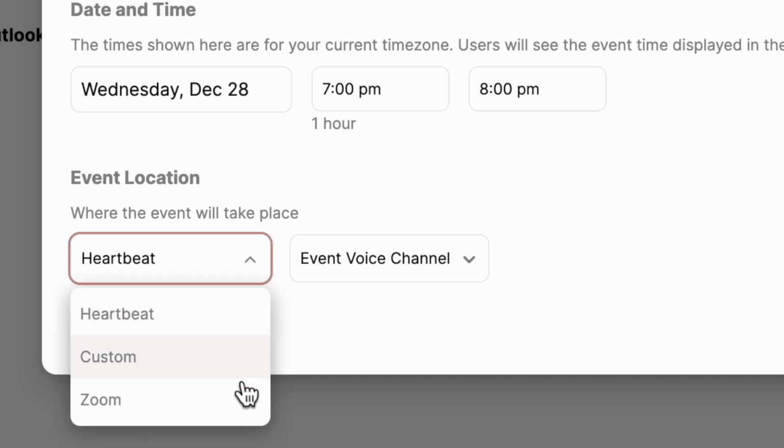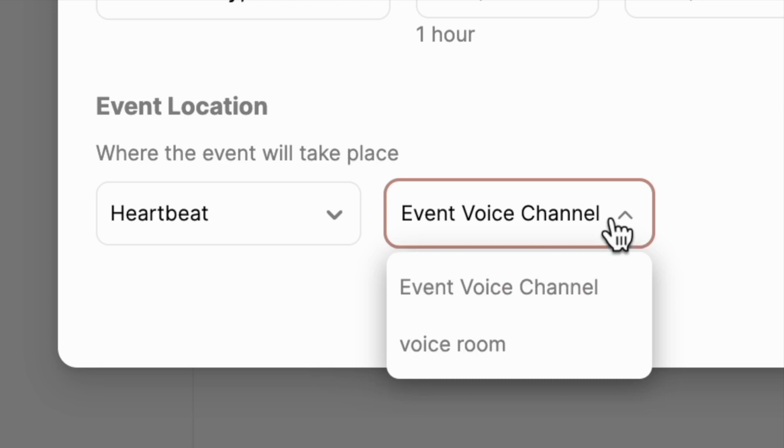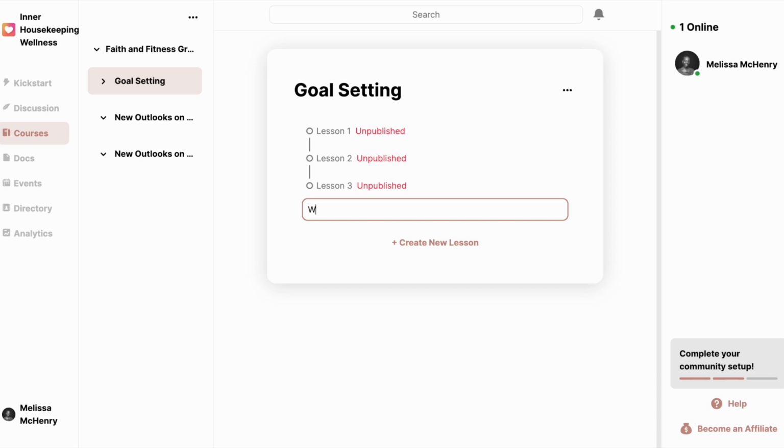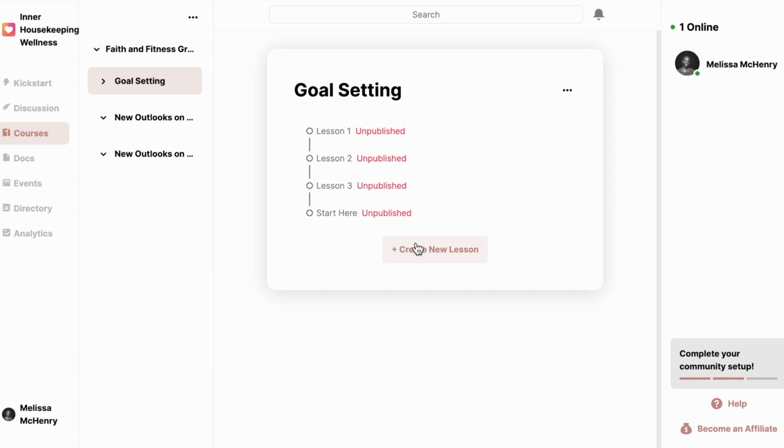If I wanted to include a Zumba element in this course, in this coaching program, then I would be able to set that up as an event. As a faith and fitness coach, prayer and keeping God at the center of the work is super important for me. So if I wanted to have, for example, a weekly prayer line, then I could do that straight from this community. And it functions pretty similar to